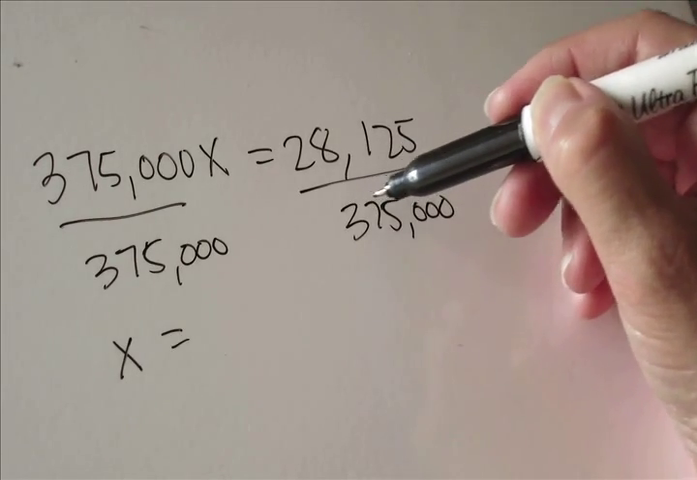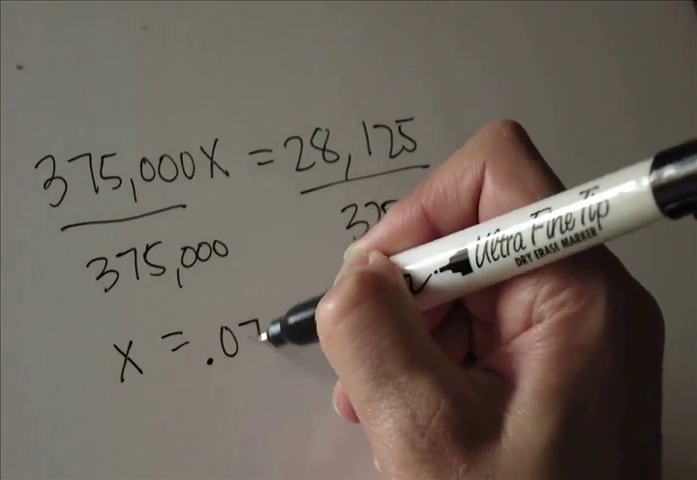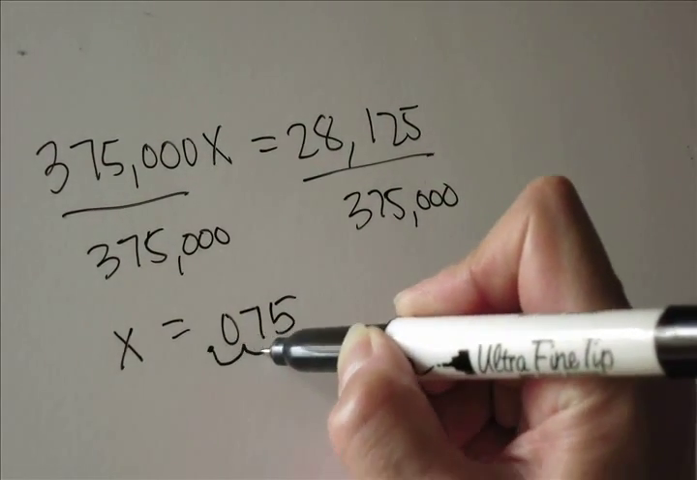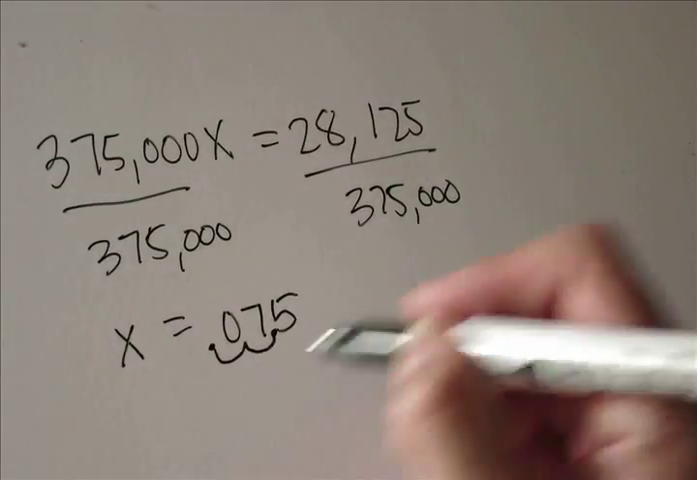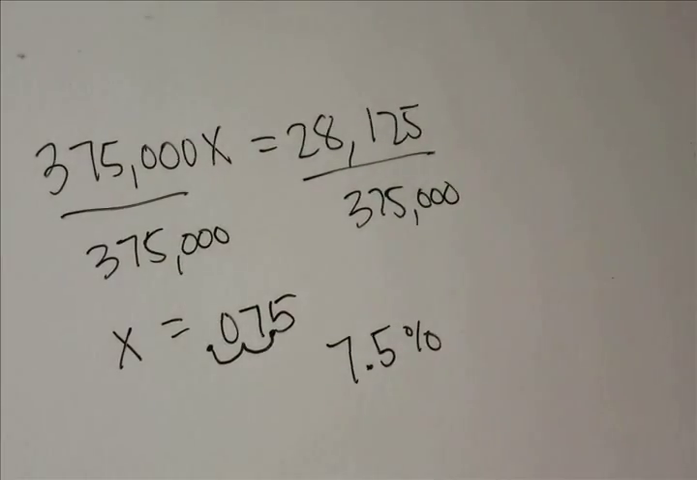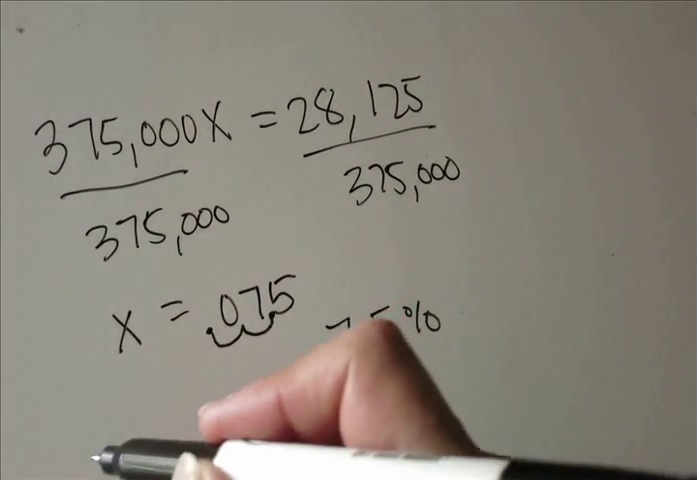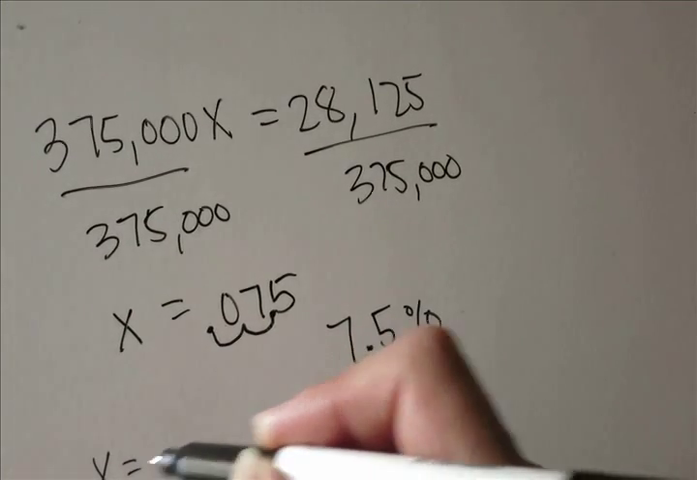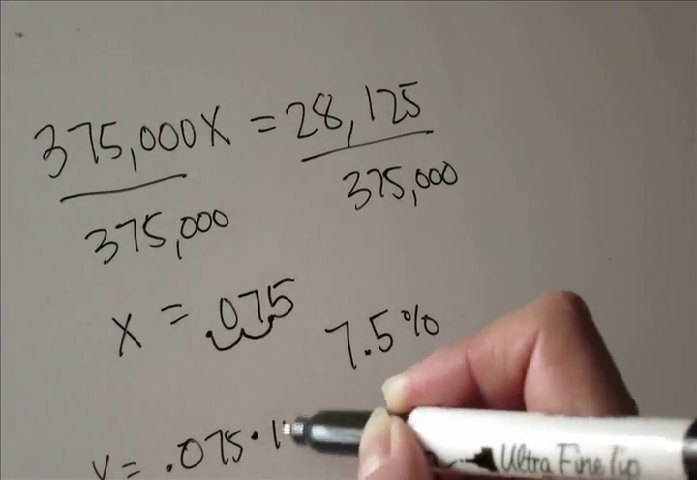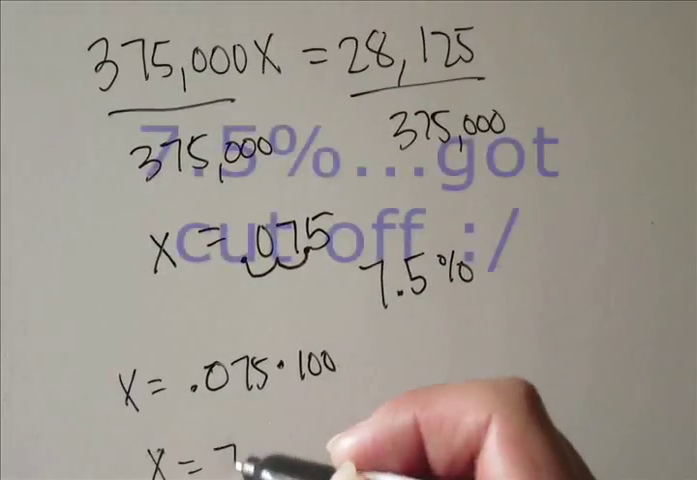28,125 divided by 375,000, which is 0.075. Since it's a percent, you know that all you do is move your decimal 2 places to the right to give you 7.5%. If you don't understand moving the decimal point, because it's a percent, you'll multiply by 100. So x equals 0.075 times 100. Percentage is of 100, which will give you